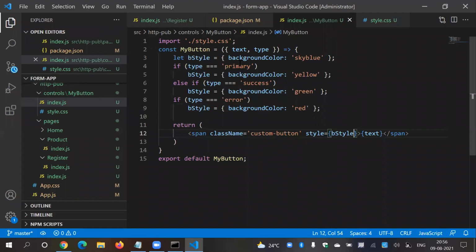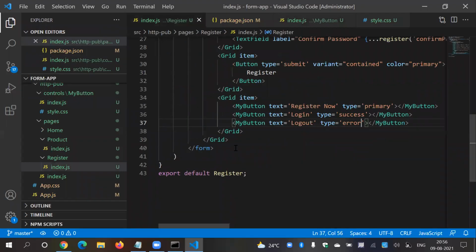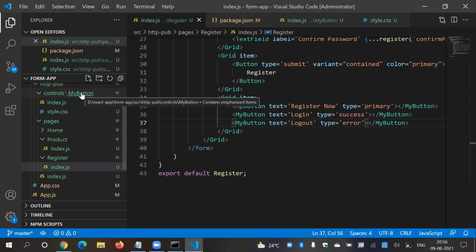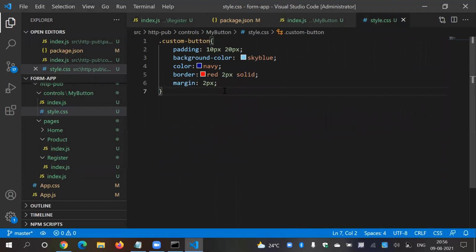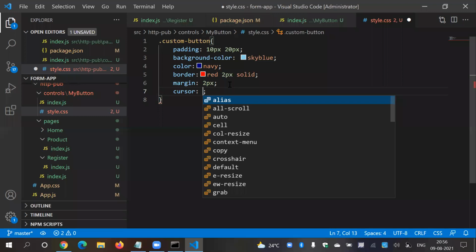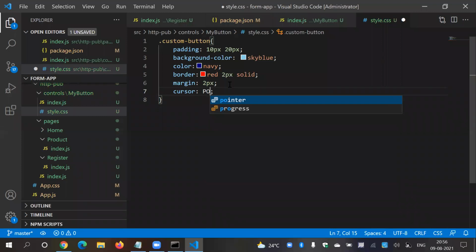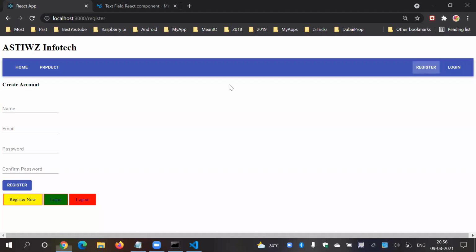So we can create our own components like this. And once you start doing this activity, once you build your own components, that is quite easy. So suppose if a requirement comes where you want a hover effect, or if you want to change the cursor, quite easy, you will just go here and simply say cursor is equal to pointer, simple, that's it.